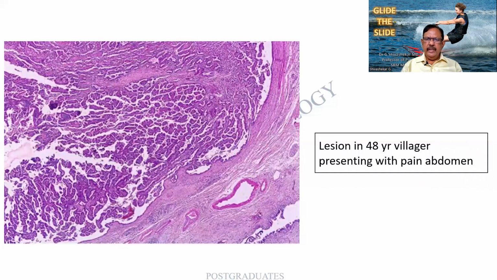This is a lesion in a 48-year-old villager presenting with abdominal pain. The history is quite vague, but in a slide like this, it is too diagnostic. I am finding something like a huge ductular structure, and then there is obviously a lesion. Do you want me to call it inflammatory? No. Congenital? No. What else can it be? And at this